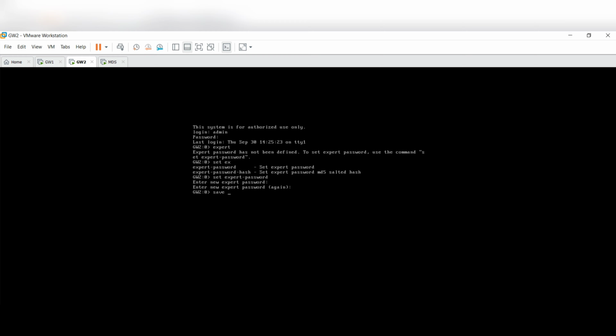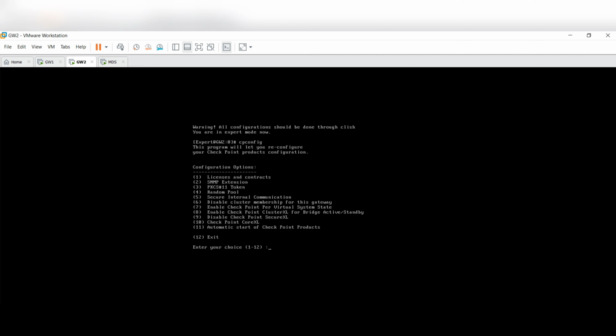Alright, let me save it first. Save config, done. Go to the expert mode now, on gateway 2. If it's okay, you can run cpconfig from the clish also. Cpconfig, but I always prefer to go to the expert mode because I'm more of an expert mode guy.